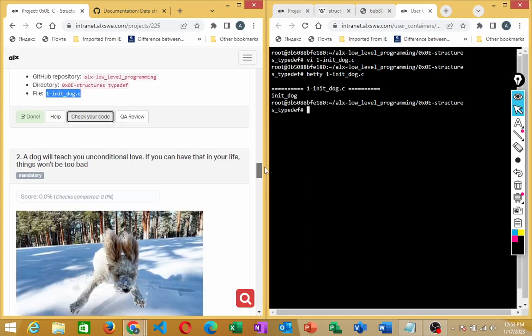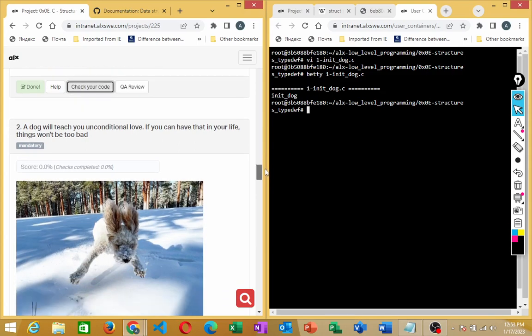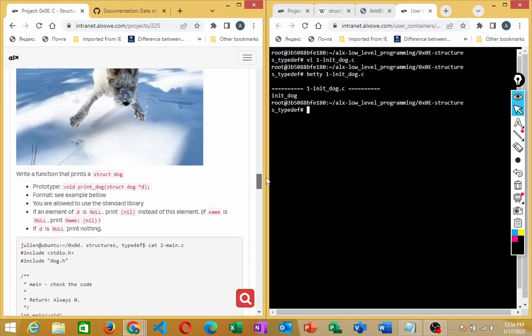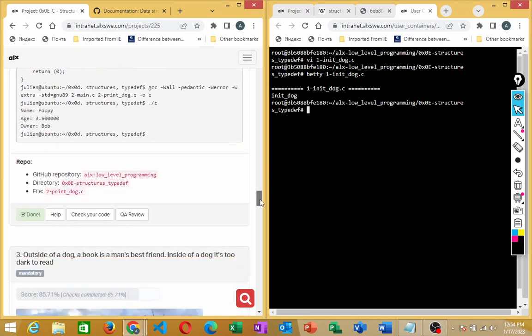A dog will teach you unconditional love. If you can have that in your life, this would be good. That's cool anyway. Write a function that prints a struct dog. This is the prototype. Alright, so the next thing we are going to do, go ahead, copy this file,